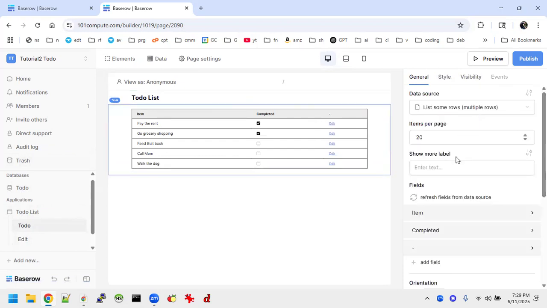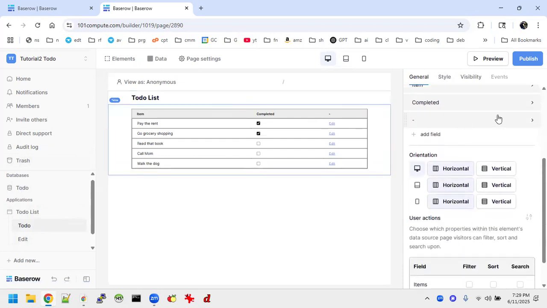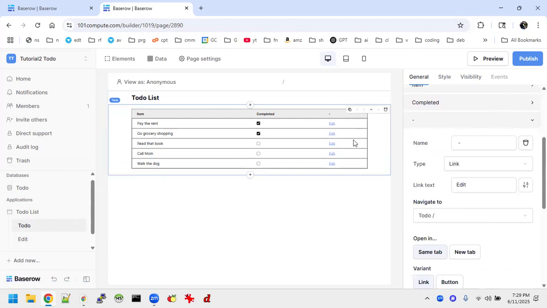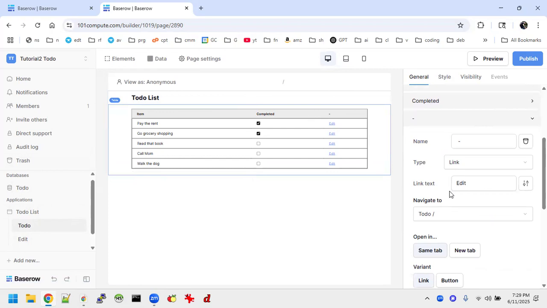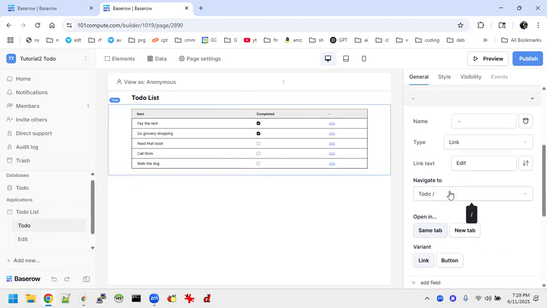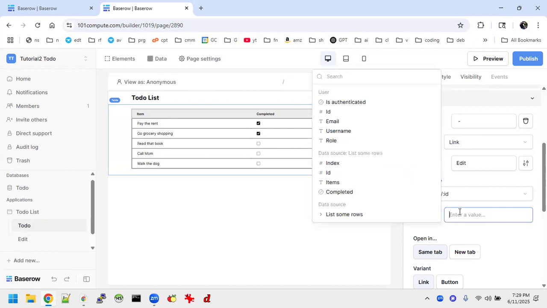What we're going to do here now is for that column, since we've got a link, we can choose where we're going to navigate, and we want to change that from to do to edit. And you can see this is going to send an ID. And the ID that we want is the ID